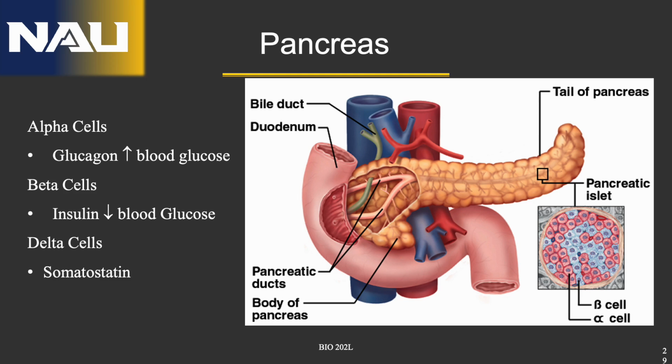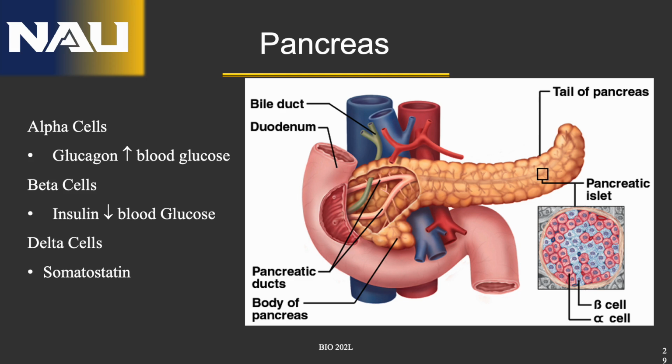Glucagon secreted by alpha cells raises blood glucose levels by stimulating the breakdown of glycogen in the liver. Insulin secreted by beta cells lowers blood glucose levels by facilitating glucose uptake into cells. Somatostatin, secreted by delta cells, inhibits the release of both glucagon and insulin until the body registers what is in the blood. Disorders of the pancreas include diabetes mellitus,